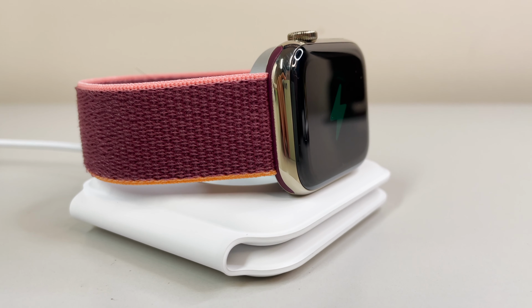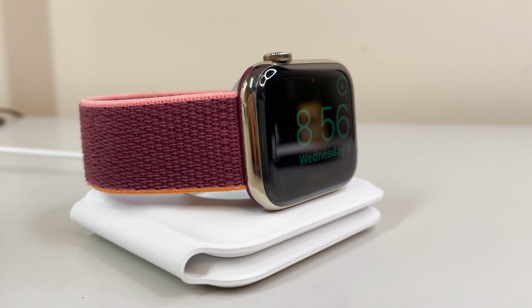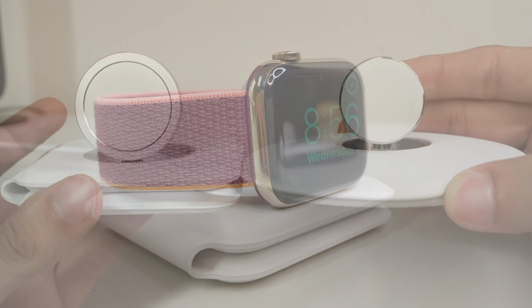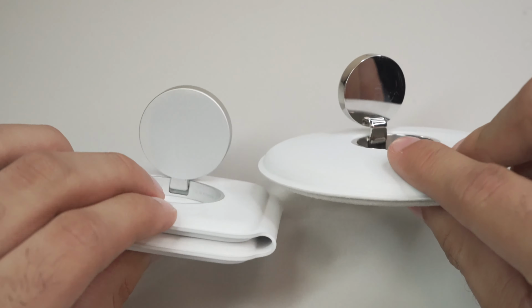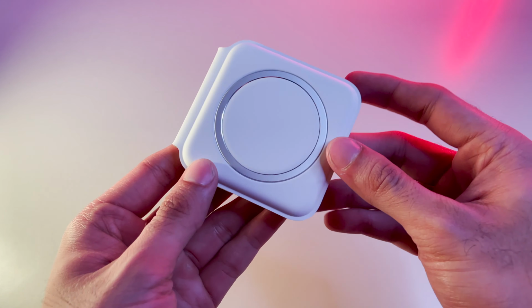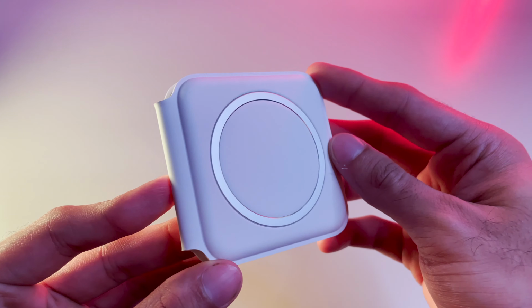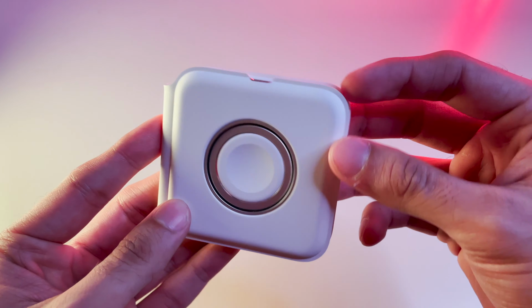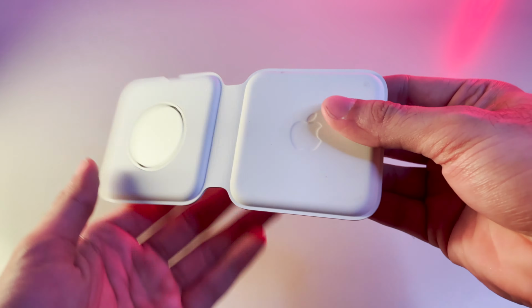It quite literally serves the same purpose as the magnetic charging dock for the Apple Watch, albeit now attached to a separate iPhone MagSafe charger all in one. It really feels like a compact double square shape and pretty much feels like a solid piece of weighted metal wrapped in this soft textured material. In fact, it's actually much heavier than I first imagined. The heft gives it that premium feel to it, and it most certainly does feel premium in the hand, especially